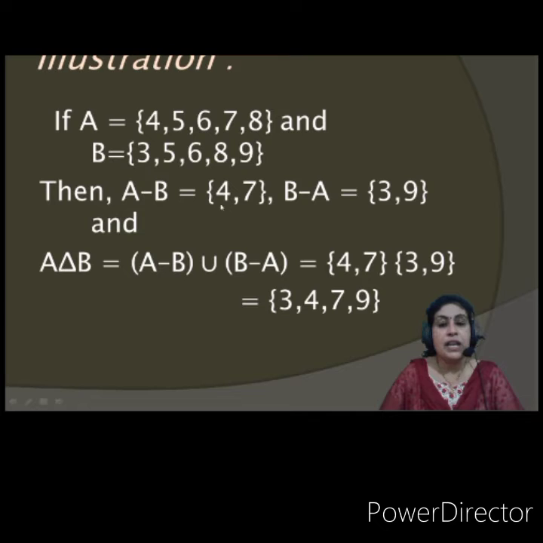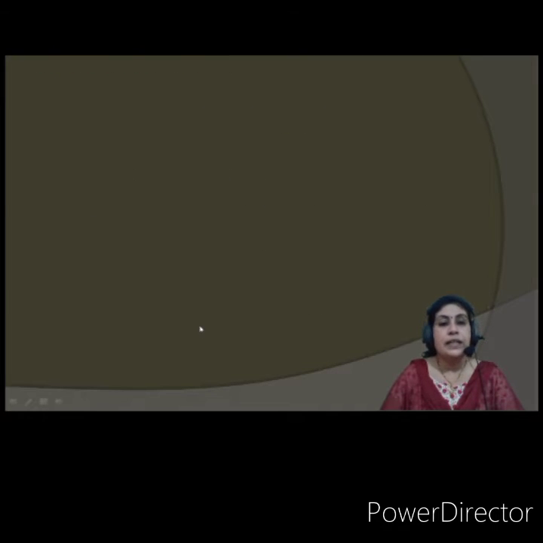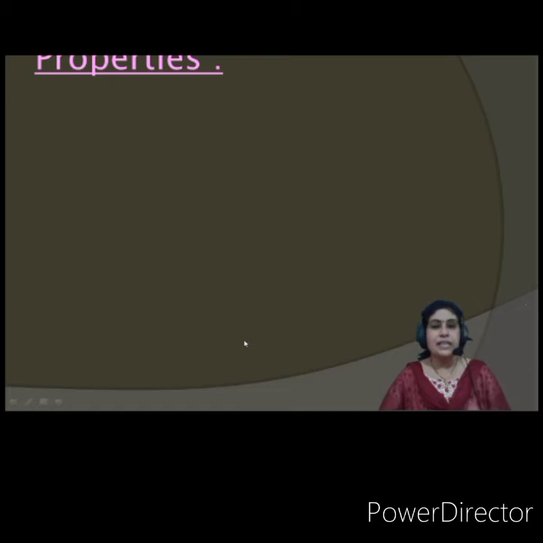All these numbers, 3, 4, 9, 7 or 3, 4, 7, 9. Okay. So this is how you find the symmetric difference of two sets. Fine. Let us understand the properties. I am just going to go through them. You are supposed to verify, and please do leave a comment that yes, you have verified all these properties by